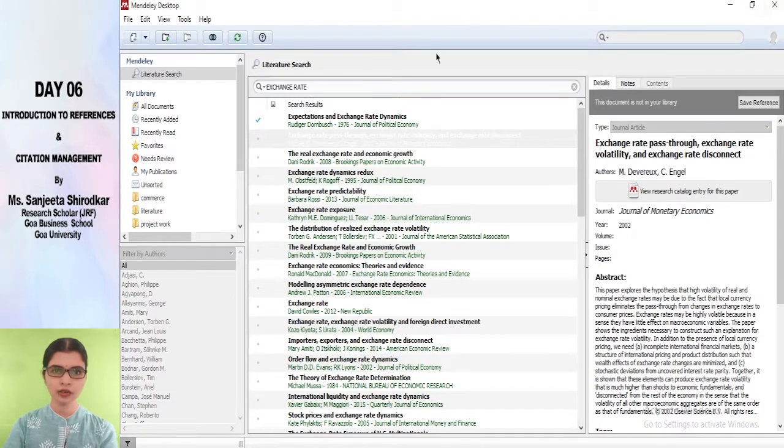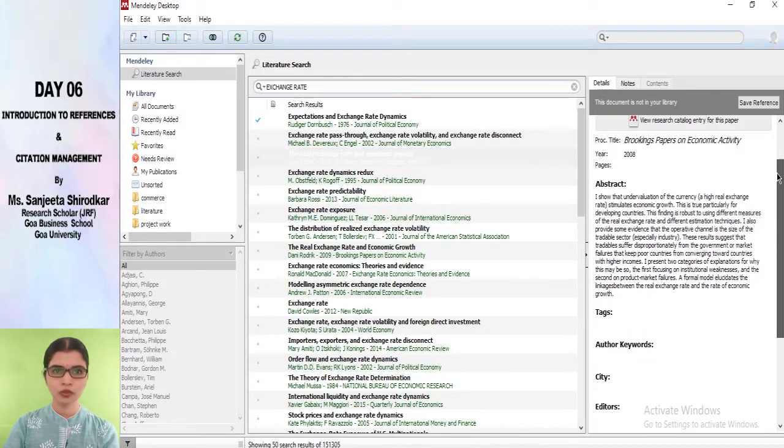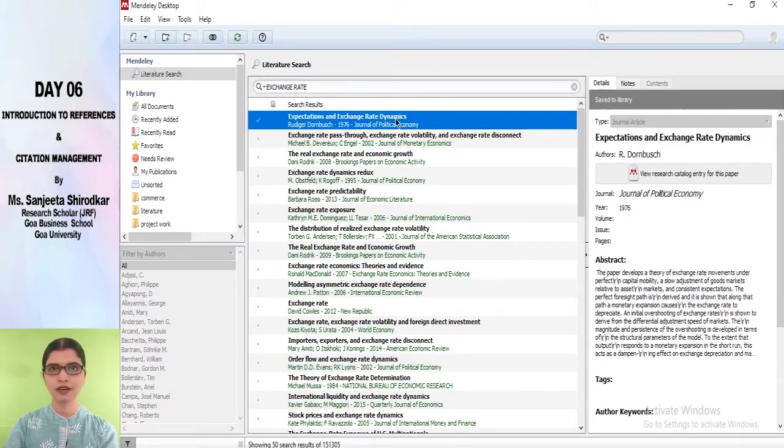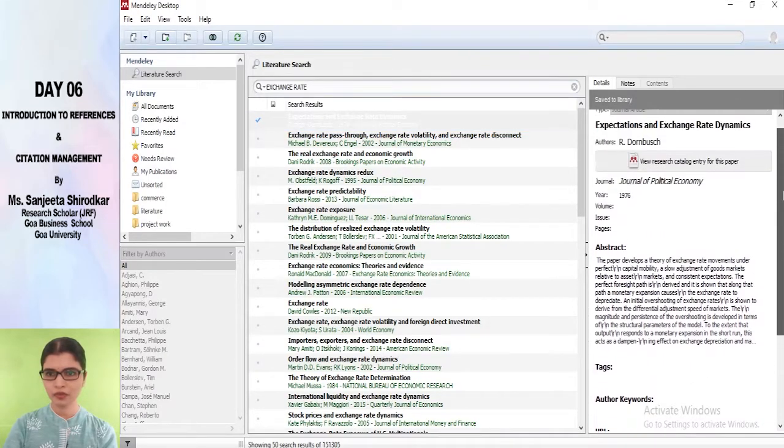We have to just click on the article and we will be given the details of the article. So you have to always remember that again, these fields also might not be perfectly filled. So please do double check for assuring that you are maintaining the quality of your research. Do double check. Now here you would say that there is an article and some of the things are blank over here. Volume is not there, issue is not there.